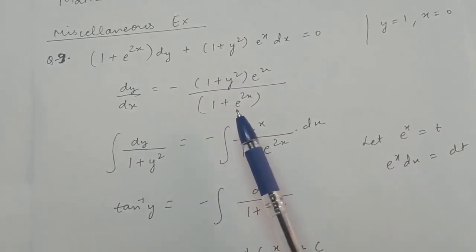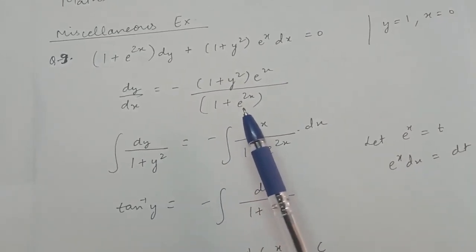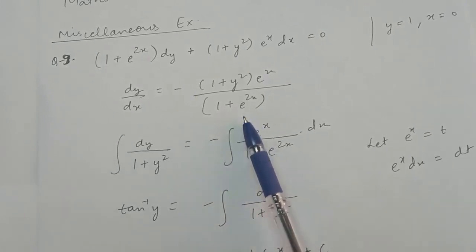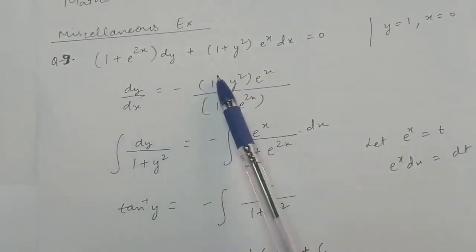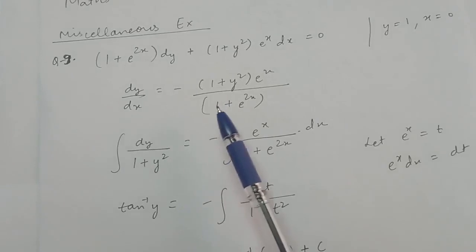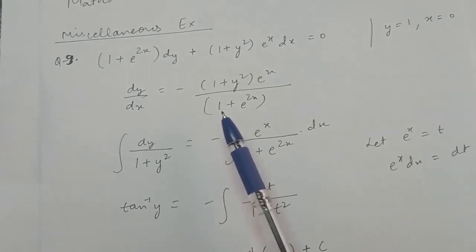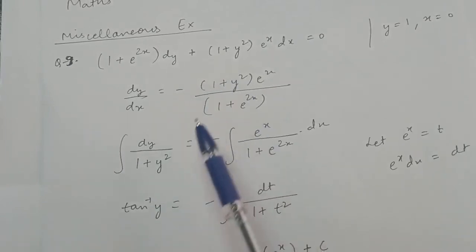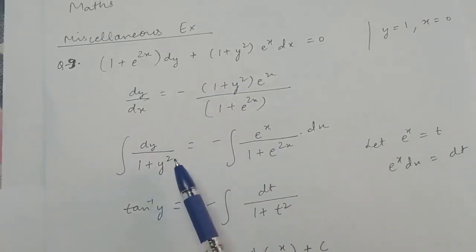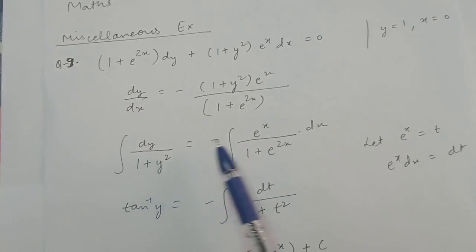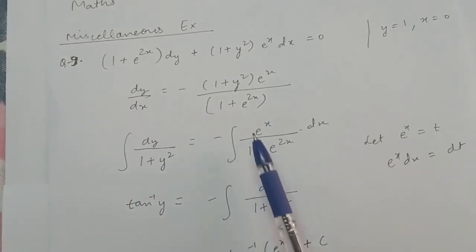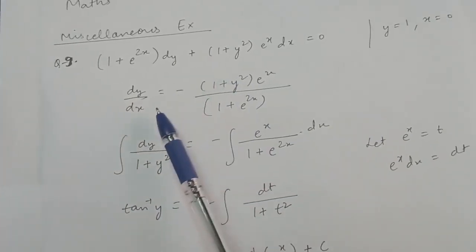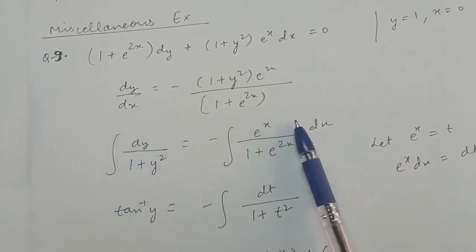The easiest method we can apply is the variable separable method. So check if now this can be separated, that is the variables can be separated or not. So if I take this 1 plus y square on this side, then you can easily see that variables can be separated, right? So take 1 plus y square on this side and dx on this side.